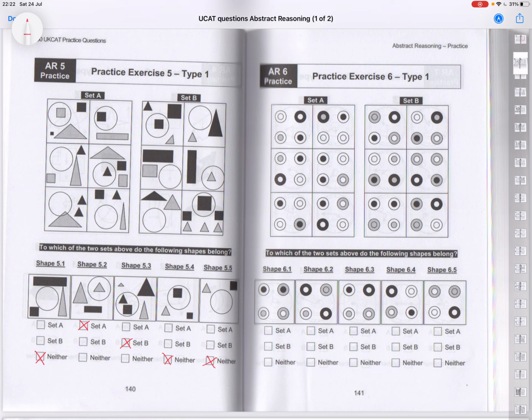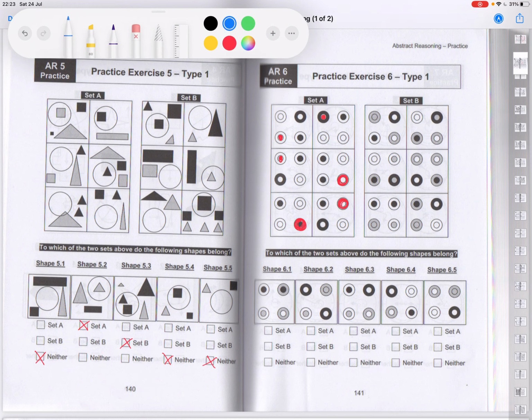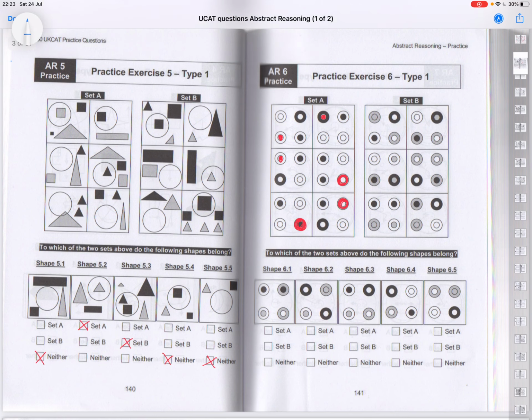So if I highlighted all the grey bits, there's one grey bit, one grey bit, one grey bit, one grey bit, one grey bit, and one grey bit. So there's no coincidence there. I'm just going to use a different colour just to see whether my strategy works. I know you can't highlight them in colours when you're doing your UCAT, but this is one of those